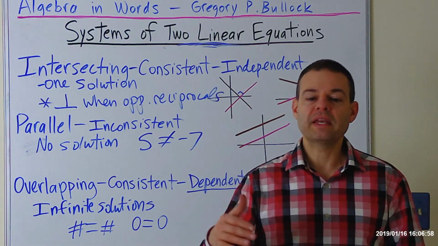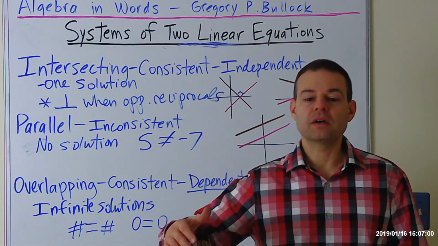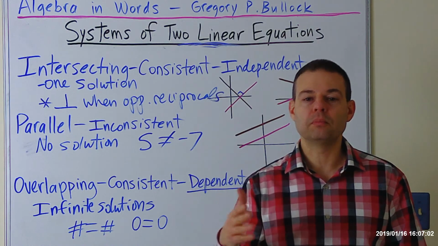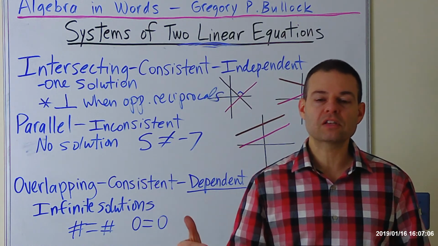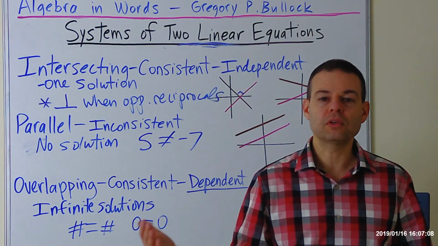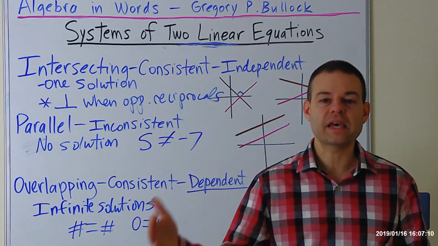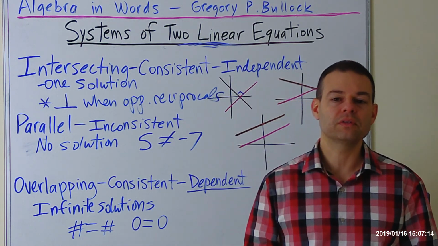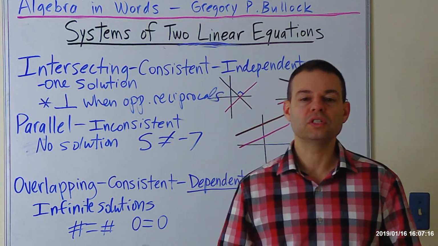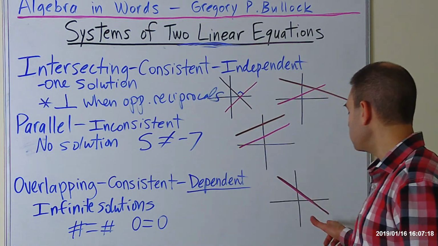They may not start out as the same because one of them may have a multiple multiplied through them. But if you reduce both of them down as much as possible in, say, standard form, you'd notice that the equations are literally identical, and that, again, would be another clue to tell you you're dealing with a dependent system, which when graphed would give you over